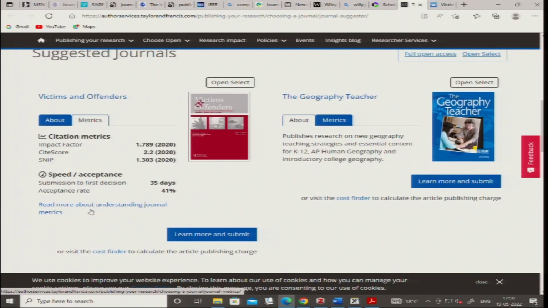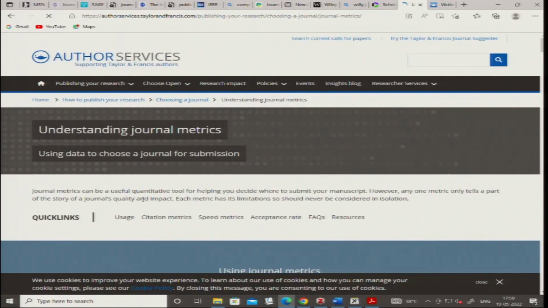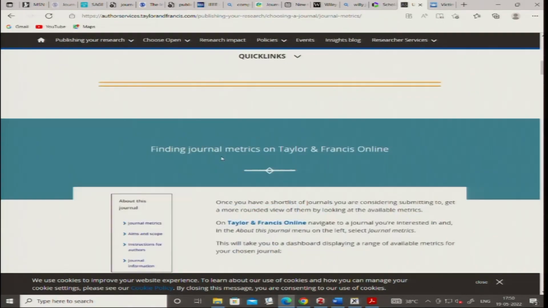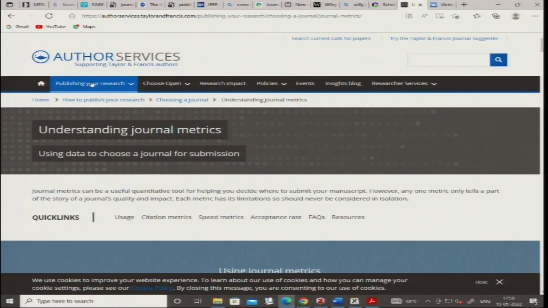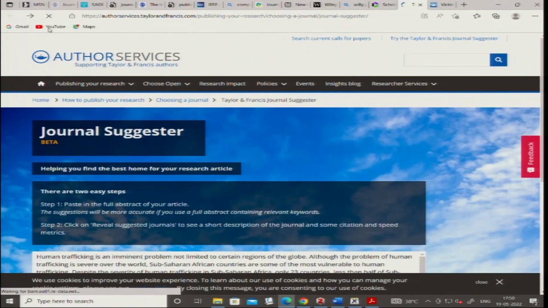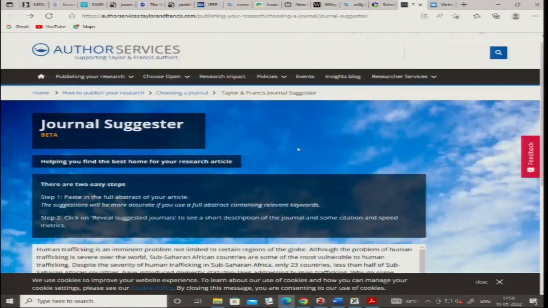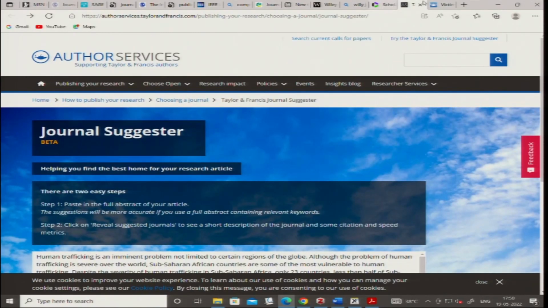So if you want to read more about understanding journal metrics, you can click over here. That's very interesting, it provides extended analytics: understanding journal metrics, using data to choose the journal for submission. You can go to this page and read if you are interested in further journal metrics. So here we find that the journal suggester gives you very good, interesting options to analyze your